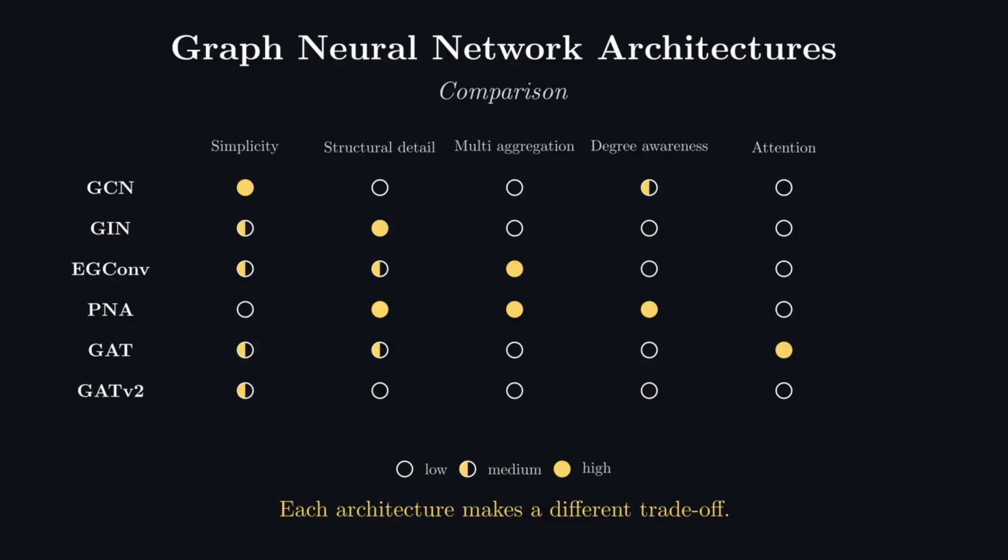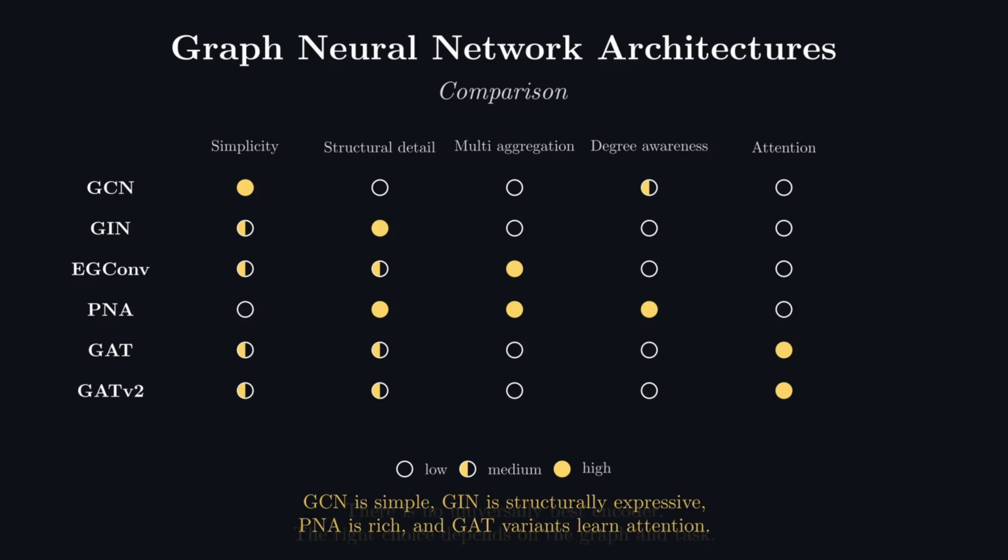GAT and GATv2 are strongest in the attention column. Their main advantage is that they learn which neighbors should matter more. GATv2 has a similar high-level profile to GAT, but its attention scoring function is more flexible. So the main message is, there is no universally best GNN encoder. The right choice depends on the graph, the task, and whether you need simplicity, structural expressiveness, rich aggregation, degree awareness,